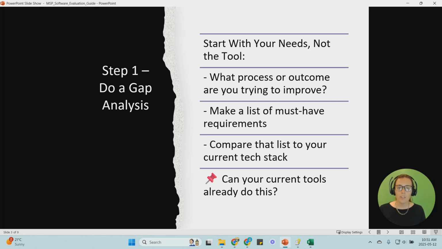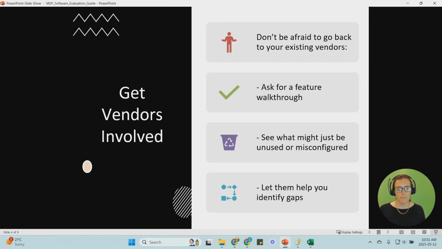Before you go and look at the tools available, write down and make sure you have an understanding of your process internally to make sure that you're looking at the right things. And then before you look at any of those tools, see if any of your current tools actually do have add-ons or modules or anything that could solve those needs prior to looking at those new tools.